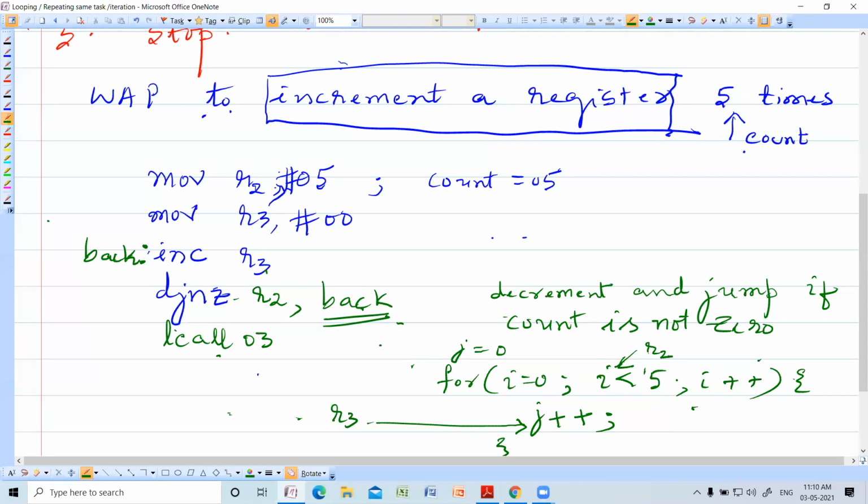So R2 is initialized with 5. That is the count. R3 is initialized with 0, which I am going to increment, 5 times. So increment R3. The first time R3 is incremented, R3 becomes 1.